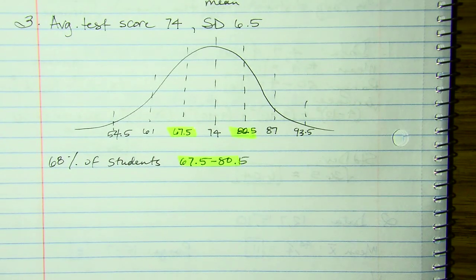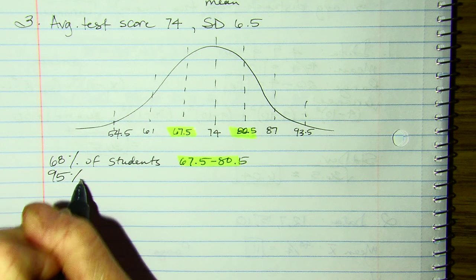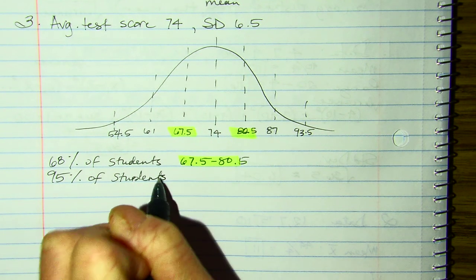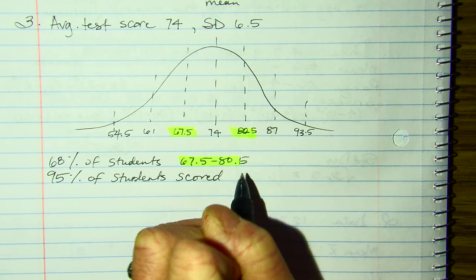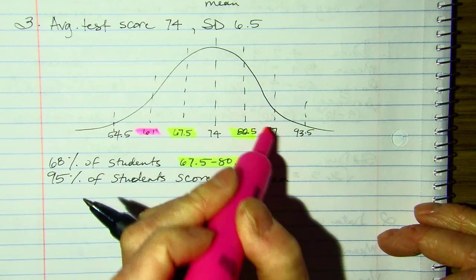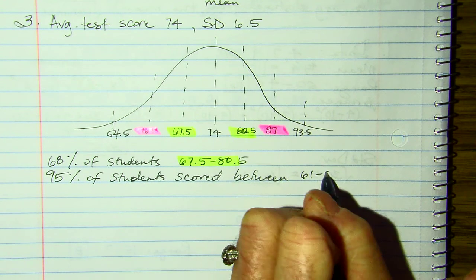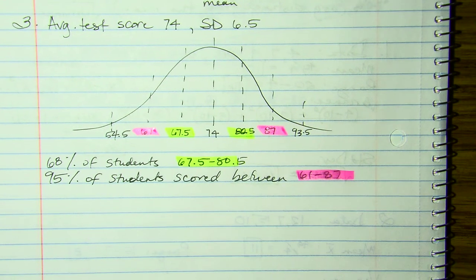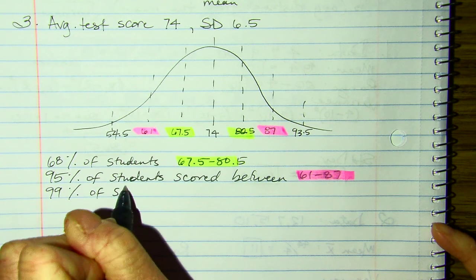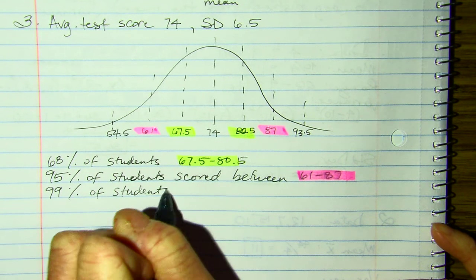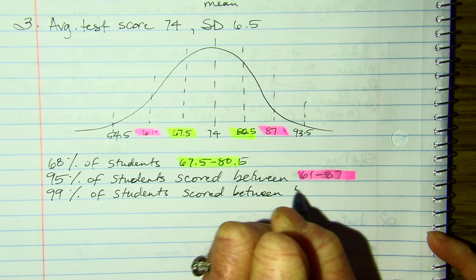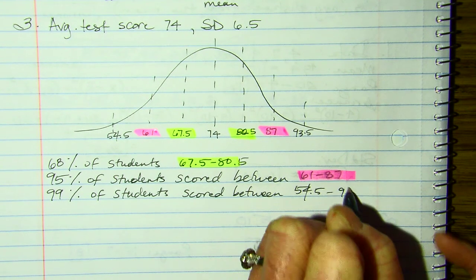Then I would say 95% of students scored between 61 and 87. And then finally, I would say 99% of students scored between 54.5 to 93.5, which is